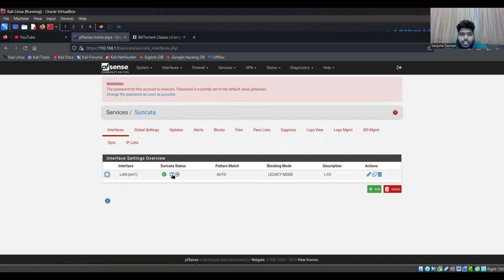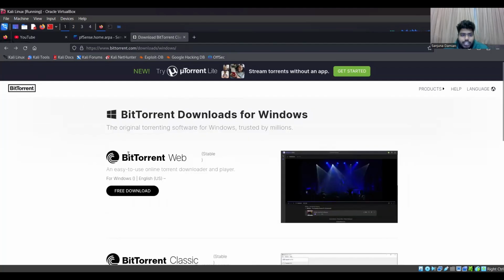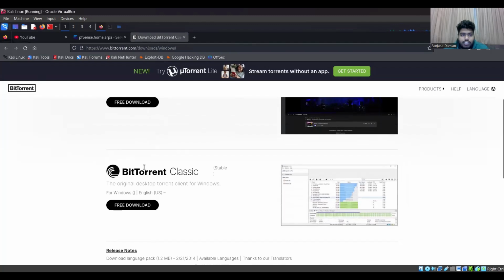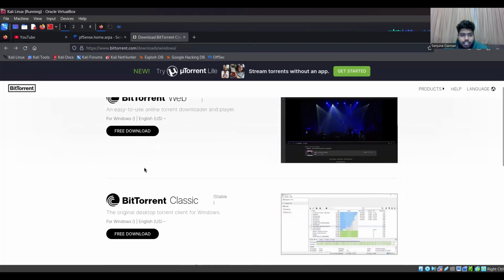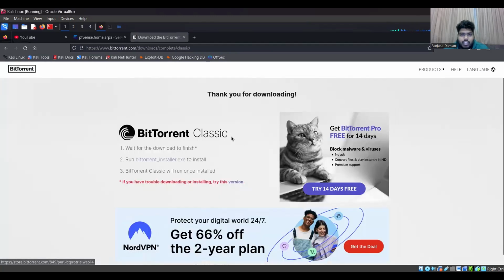In this task we're going to perform blocking using BitTorrent, blocking the downloading of files through BitTorrent. First we need to download BitTorrent. Type BitTorrent in Firefox and use the classic one, not the web-based one. There is a free one over here. You can go and download from here. Because I already have downloaded that one,